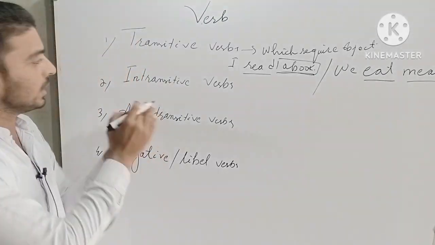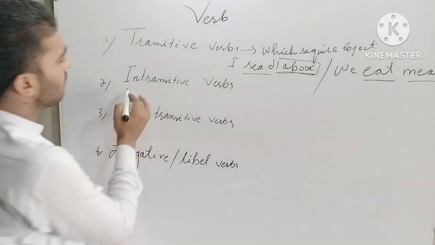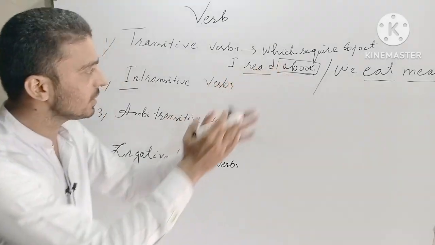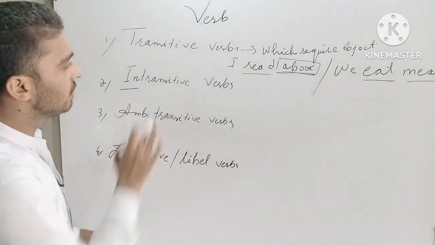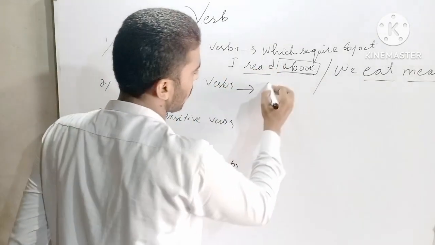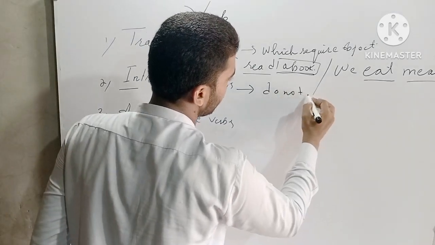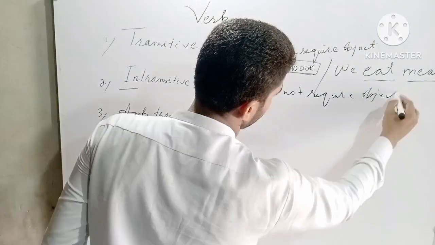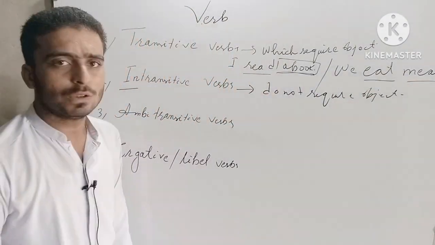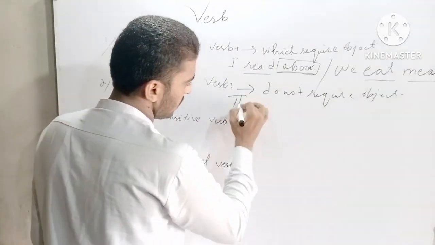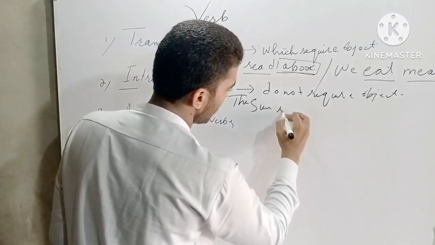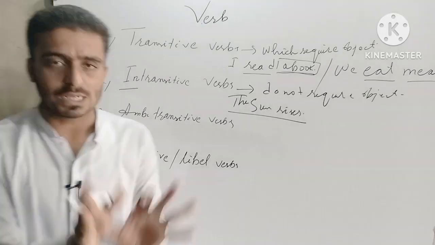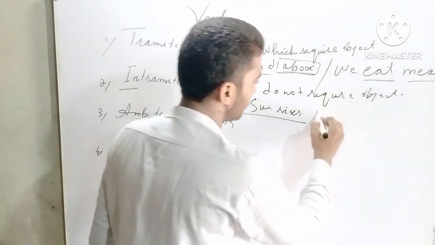And after that, when you come to the intransitive verbs, you can know the "in" means negative, just the opposite. Transitive verbs require an object, and intransitive verbs do not require the object. Those verbs which do not require an object. Here, if I can tell you, the sun rises. Here you can see the sentence is ending on the verb and is giving the complete meaning, the sun rises. And another example,